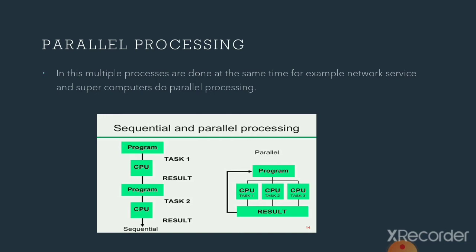The performance of your system will be higher compared to serial processing, because you can process data in parallel, independent of each other. So you get high performance from parallel processing computers. The reason is that you can execute more instructions in the same time, but in serial processing you cannot do that. So this is parallel processing.